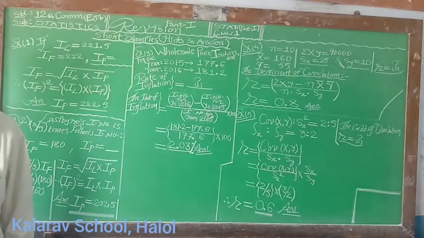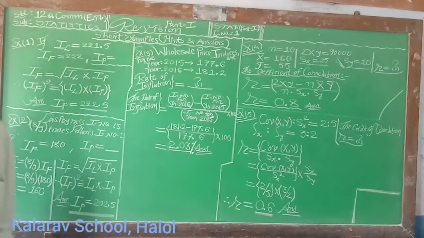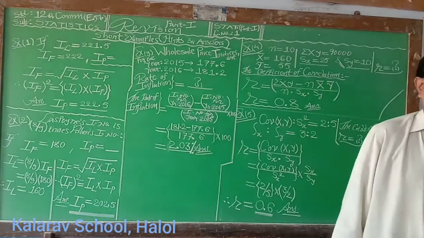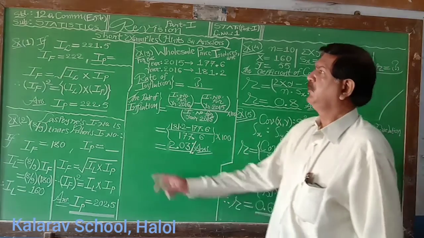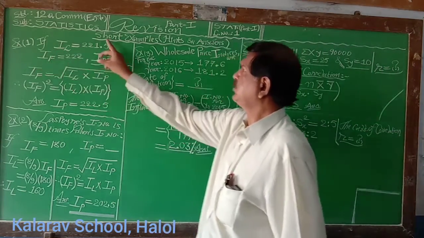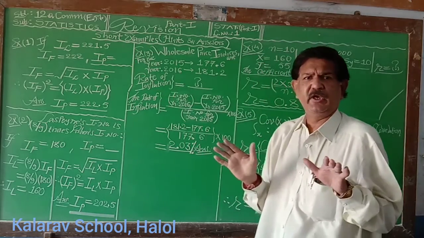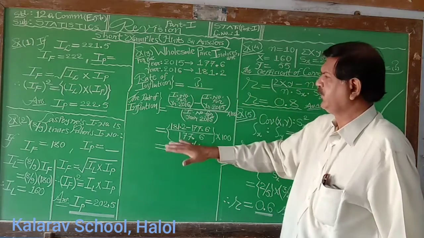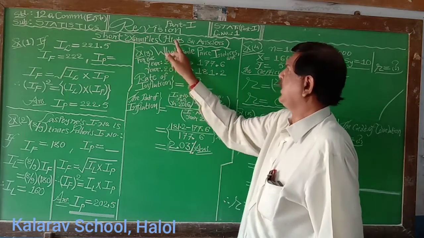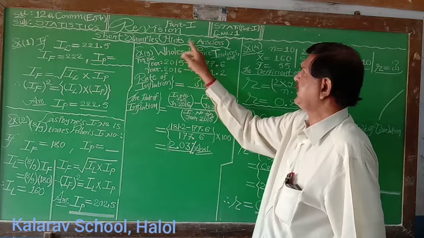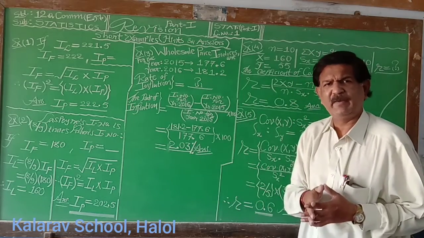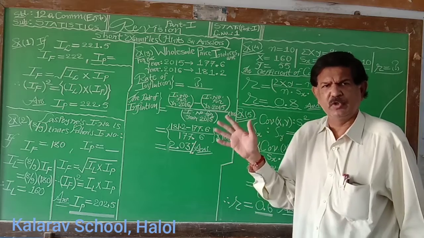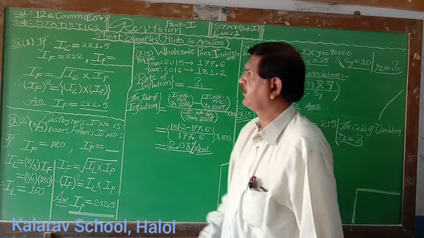Statistics part 1. We take the revision of the short examples, chapter number 1 to 4, statistics part 1. First example, this is short examples generally asked for 2 marks in section C. So we take short examples with only hints and answers. Hints and answer means the formula which we use in the example and the final answer is given. The calculation leave it to you for these examples.